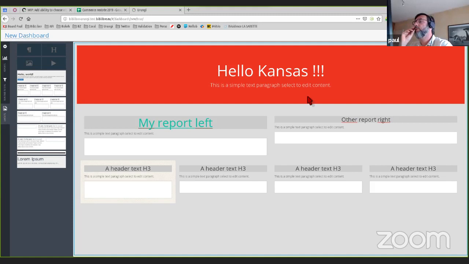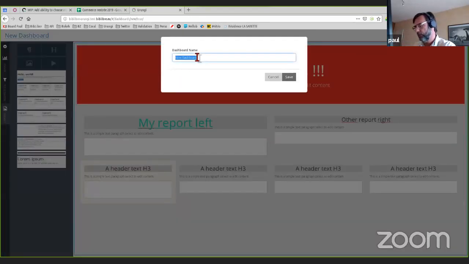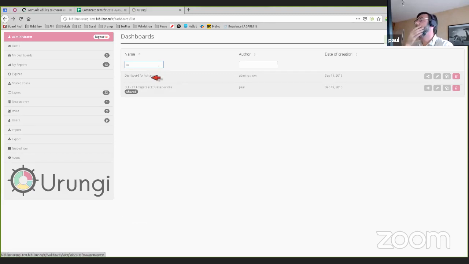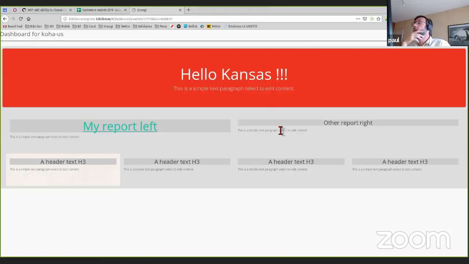And once you are happy with your dashboard, you just save it. Urangi is asking you the name of your dashboard. And it is saved. Okay, the dashboard is here. When you run it, that's a completely new feature that is not available on the demo site for now. You can export it as PDF or as an image, a PNG,